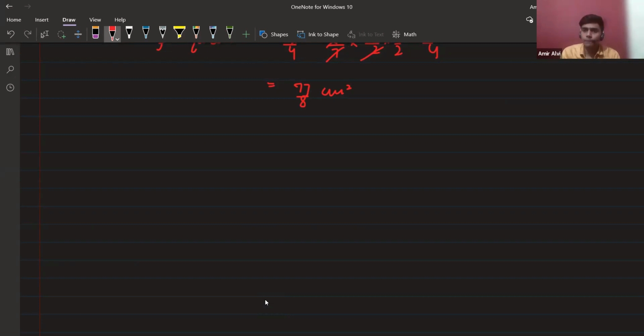Clear, everybody? Yes, sir. Okay, sir. So which chapters will be left for us? Surface area, volume, stats, probability, and real numbers. Quadratic equations have not been done yet, right? Yes, sir, not yet. Yes, quadratic. So quadratic, real numbers, stats, probability: four chapters and one quadratic.